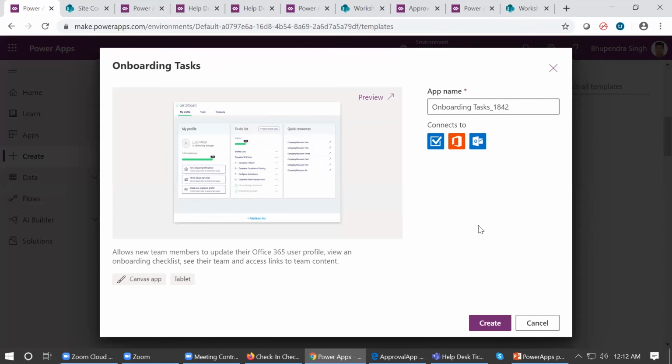Even if you are a beginner, using the templates you can build those applications in 30 minutes or hardly an hour. And if you want to create an application from scratch, it may take a few hours to develop, or one day only. So it is very easy to build applications using Power Apps, and anyone can build one. There is no expertise required, right?